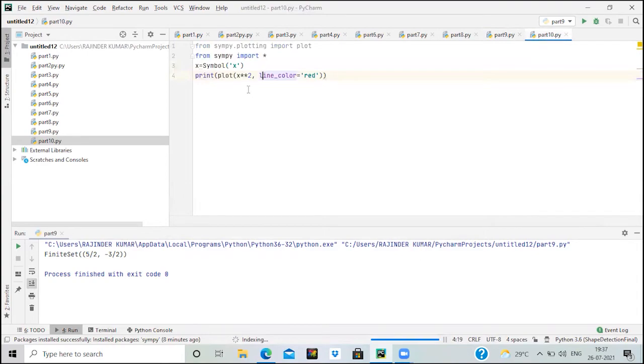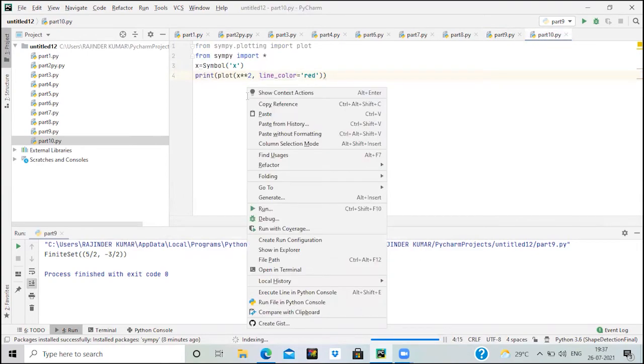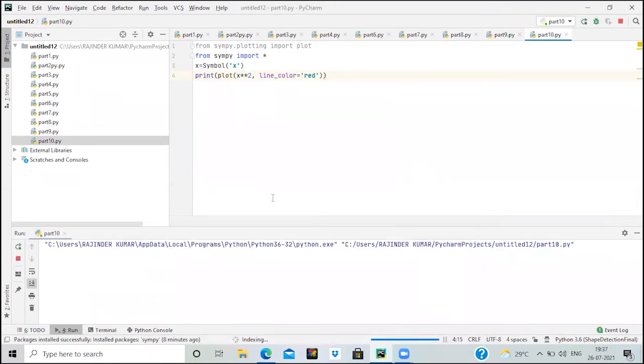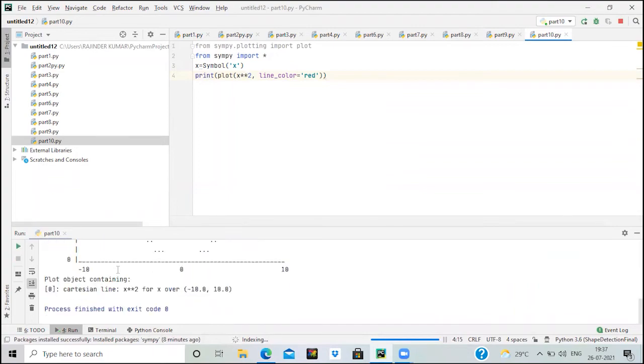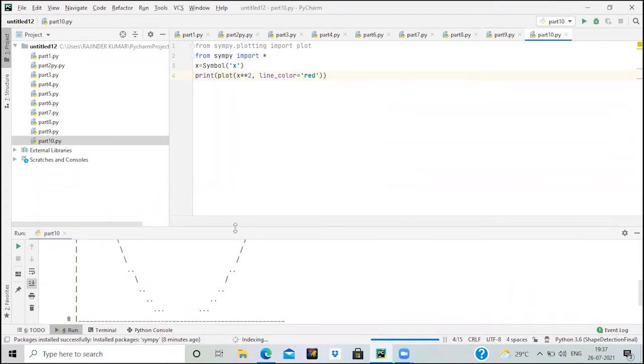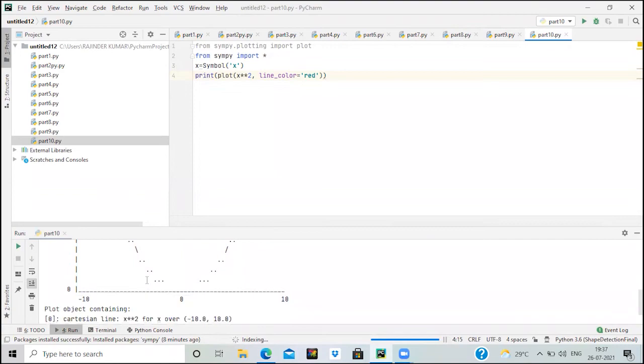Moving on, we can use the SymPy library for plotting 2D and 3D figures. Let's have a look by running this particular code. You can see that we are getting a particular graph for this statement, that is x to the power 2.